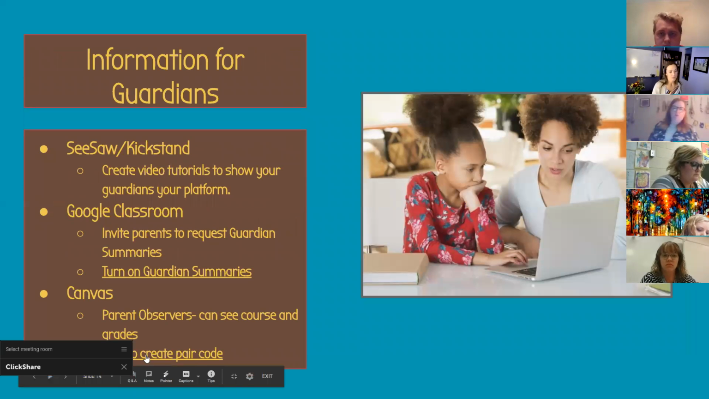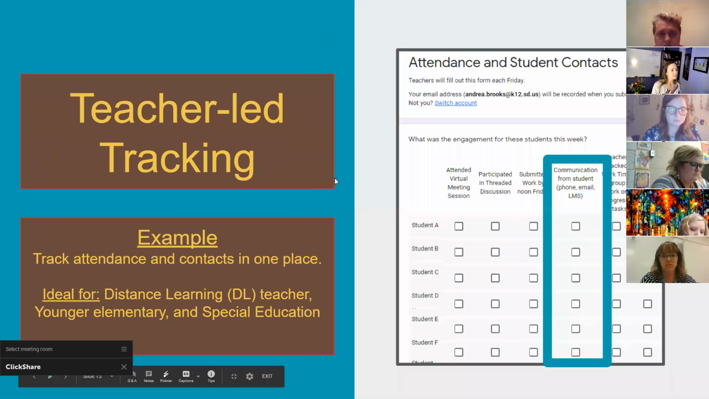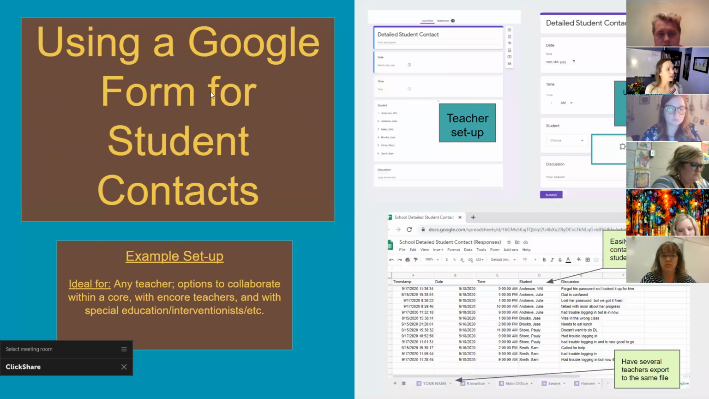Oh, this one I have the parent pair code link on and the Guardian summaries. This is also something that I want to look at. This one though, this is a better one, using a Google form. And if you guys were in our